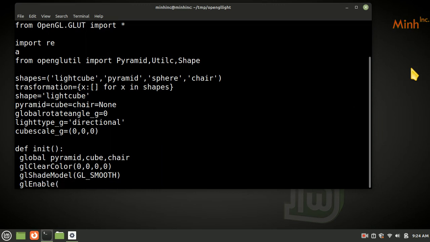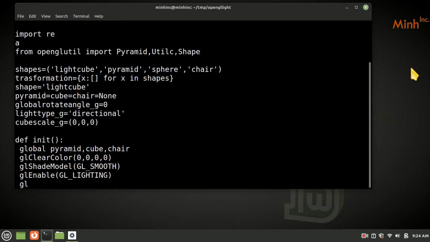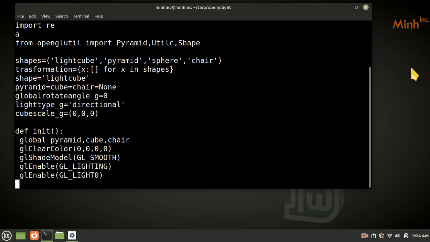GL enable GL lighting, and GL enable GL light. So there can be many light sources, I believe up to 8. So we are using light source 0, that is the first one. GL enable GL depth test,